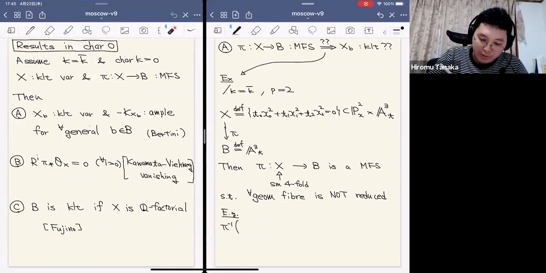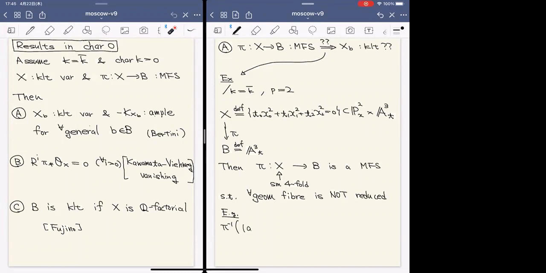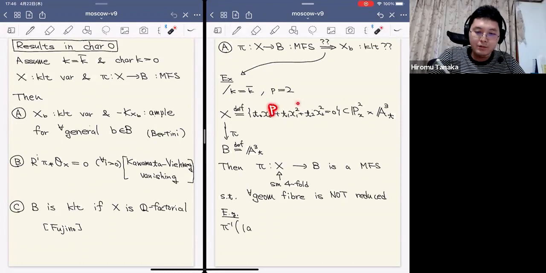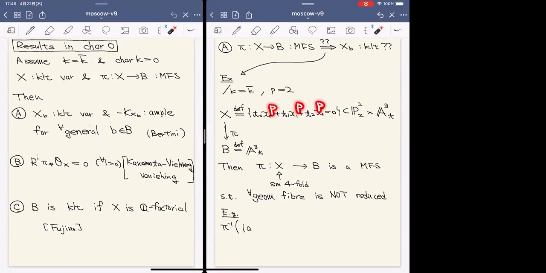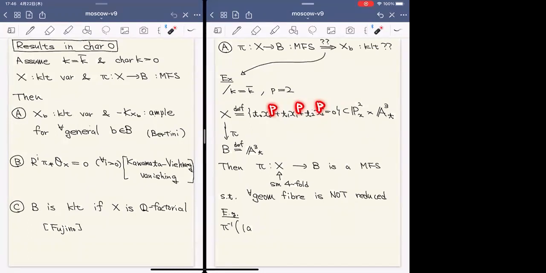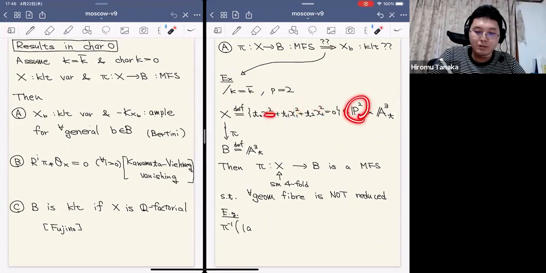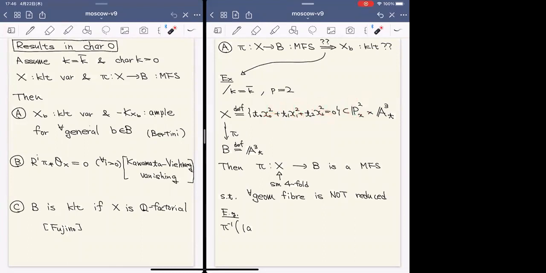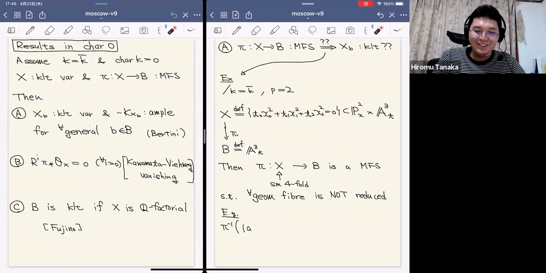Okay, so let me give you... But sorry, why can't you take a Fermat type hypersurface in characteristic p for any p, just the sum of T_i x_i to the power p? What's the difference? You mean replace this by p? Yes, I want to assume that something is a Fano. Because of p equal to 2, this should be bounded. But if you increase the dimension... Yes, exactly, it is exactly on the next page.